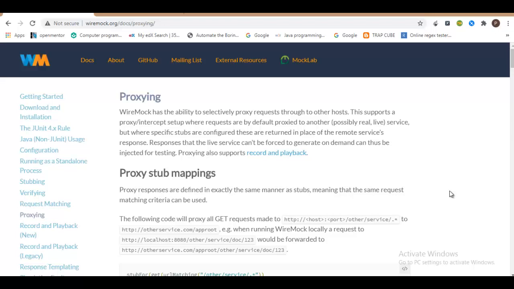Because if I'm hitting the actual API, I don't need to rely on WireMock at all. But your WireMock instance is on local, but still you want to hear from some website or some API. In that case, what happens is that WireMock will take the request and it will just route your request to the respective host. So that way you get the actual response.